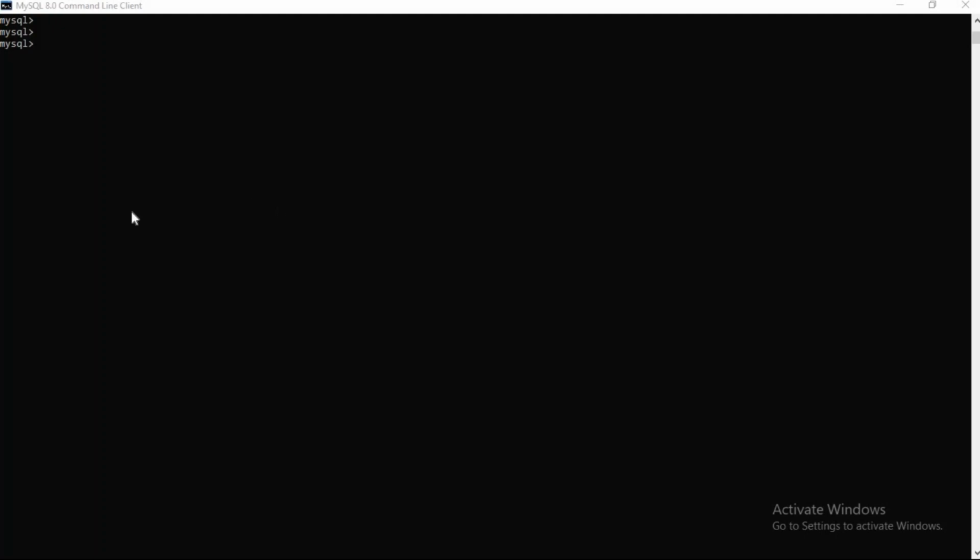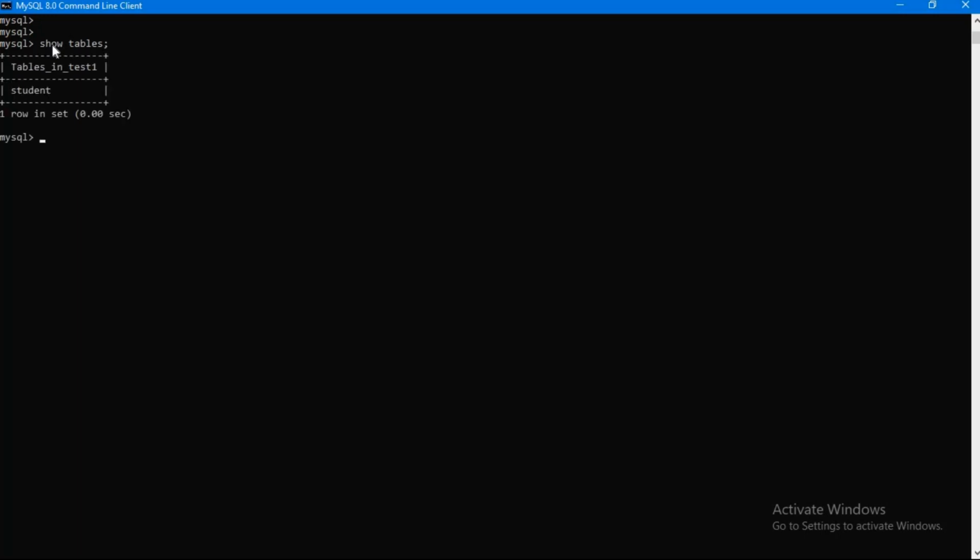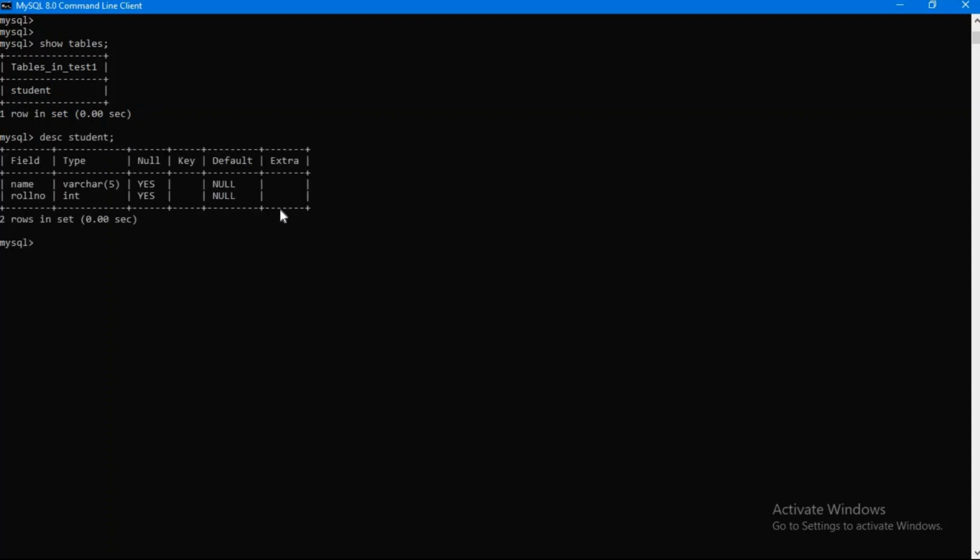So this is my MySQL command line which I'll be using to execute the things. So let me get the table first. As we have already created in the previous lecture, we can use the show tables command, which will show the tables that are present in that particular database that you are using. Now student is a table that is there. So we'll try to insert some data into the student. So first let us check what are the columns that are available in the student table. So you can use describe student. So you can see that name and roll number are the two which are available in the student table. So you need to enter the data for both name and roll number.